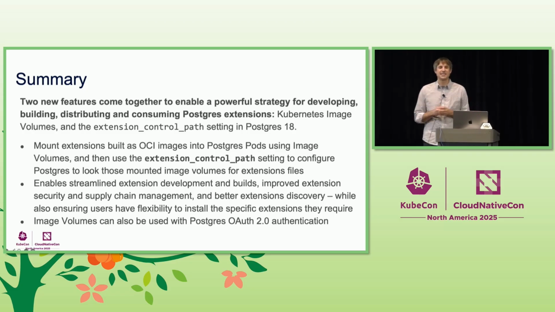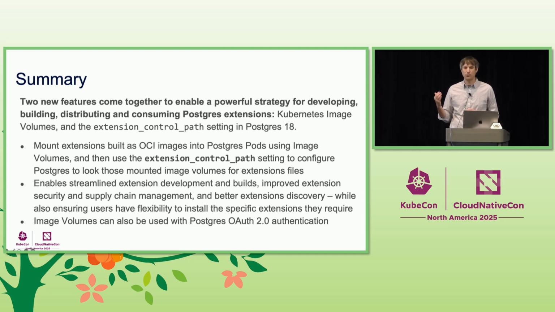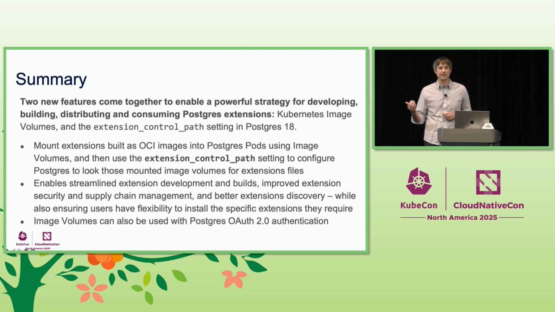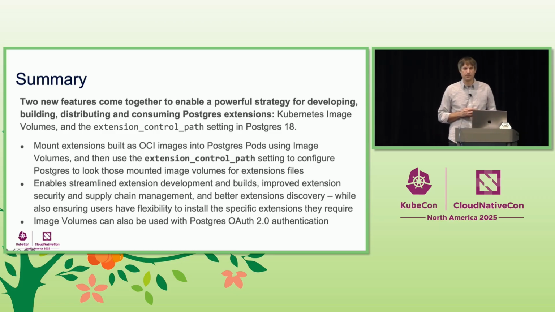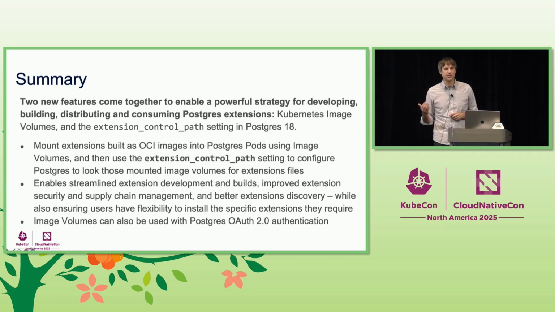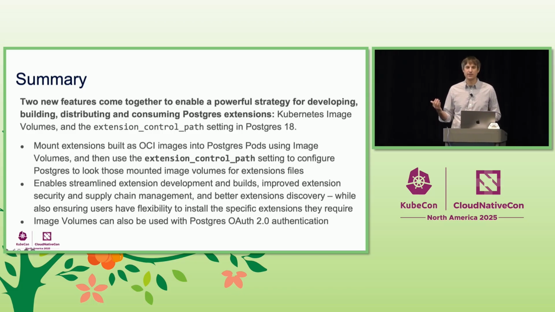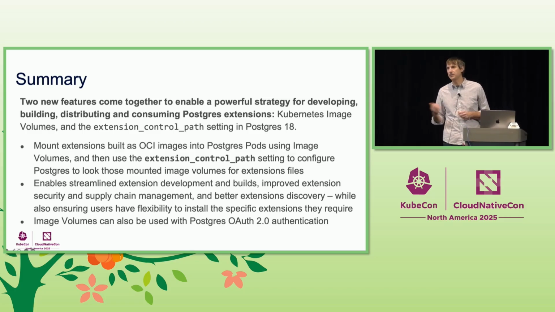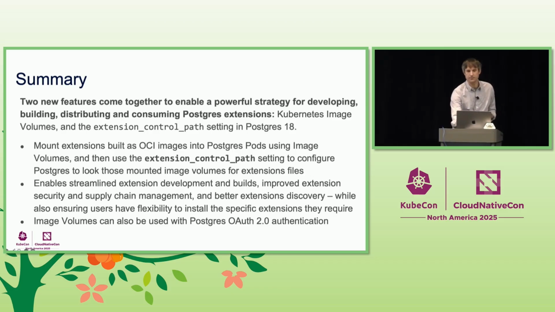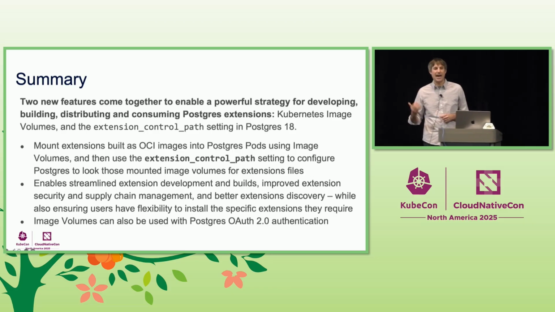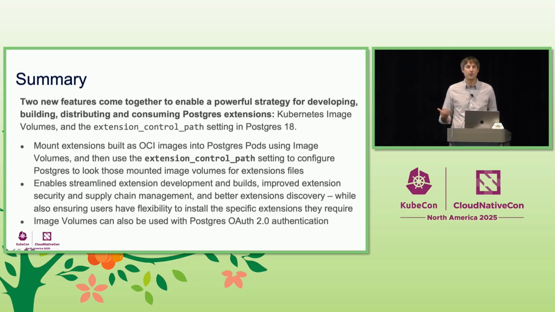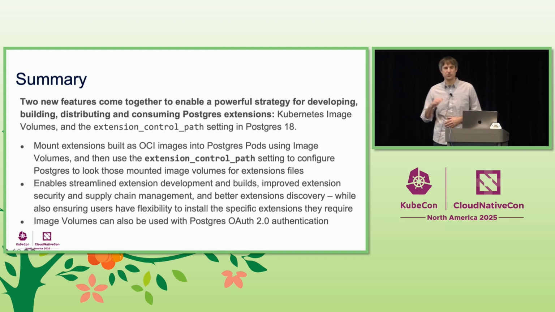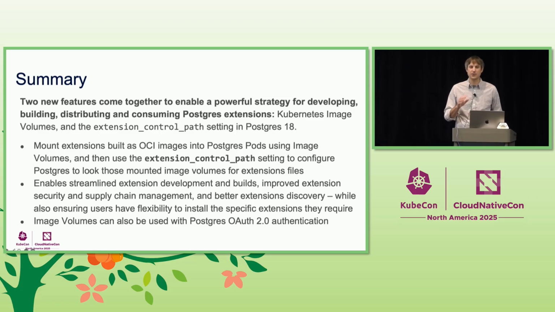OK, so now that we've had a chance to take a deep dive into using image volumes in multiple cool ways with Postgres, I'd like to start wrapping things up, starting with a summary. And what we've seen today is that two powerful new features, one in Postgres and one in Kubernetes, come together to unlock a powerful new strategy for building, distributing, and consuming Postgres extensions. More specifically, by packaging Postgres extensions as OCI images, we can then mount them into containers running Postgres using the new image volume feature within Kubernetes. And then, using the new extension control path setting, we can configure Postgres to look in those mounted OCI images